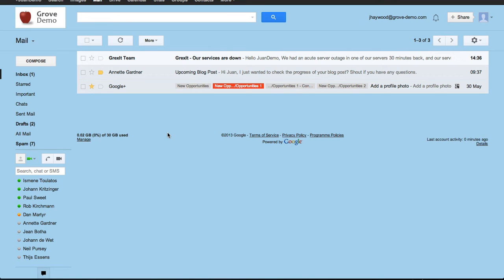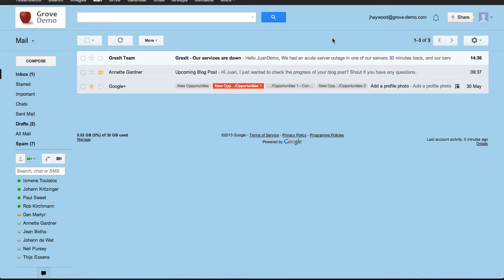Anything that you have no intention of replying to or no intention of taking any action on shouldn't be in there and should be archived. As I said before, any archived message can still be found and you can still read it and do whatever you want to. But Inbox Zero strives towards only having actionable items in your inbox. So the way that I achieve that is by